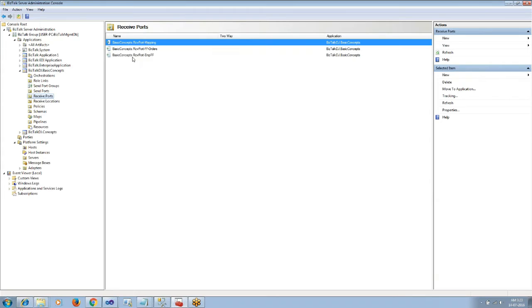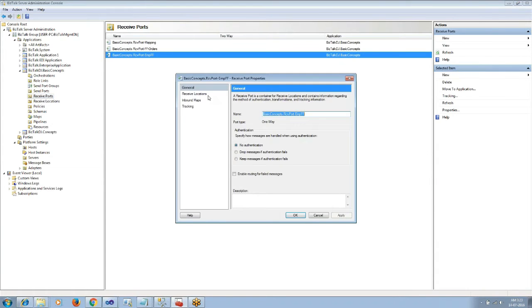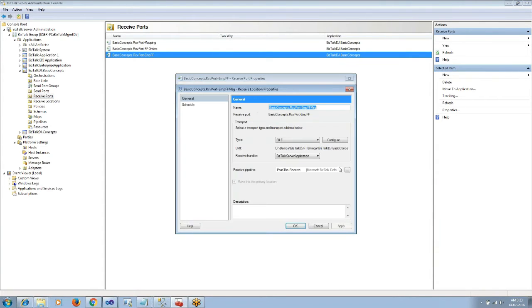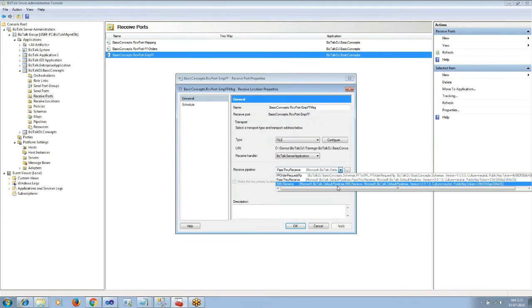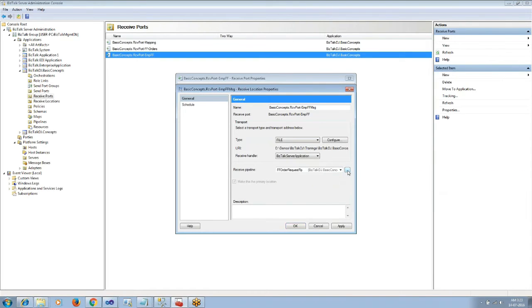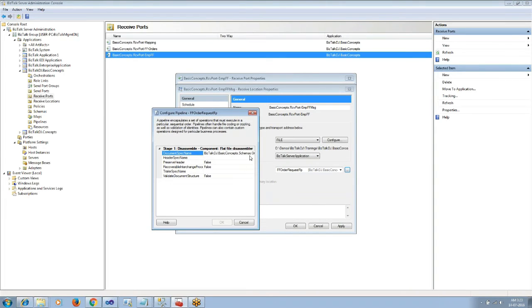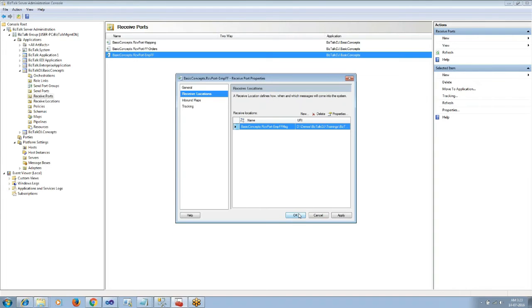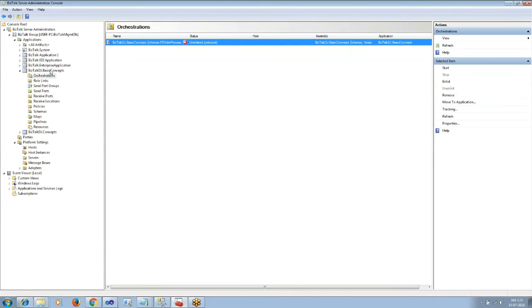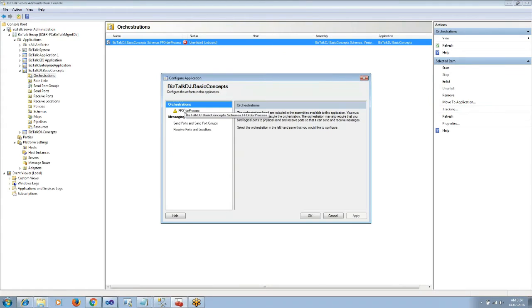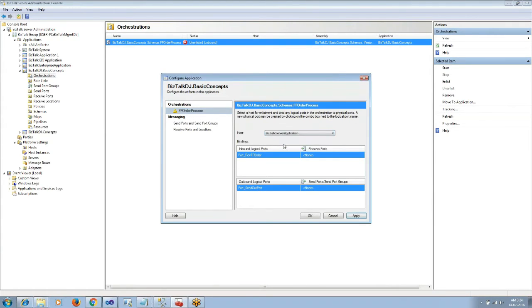So I have already configured a receive location to receive order requests. Let me configure the order request receive pipeline in the receive location, so that our text order request data will be converted to an XML representation, which will be pushed to the orchestration, and then in the orchestration we will execute the map and send the transformed outbound message.